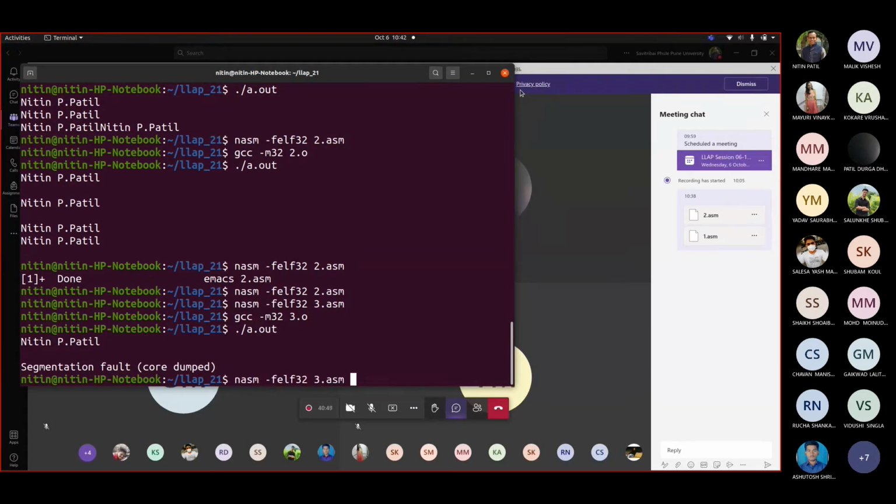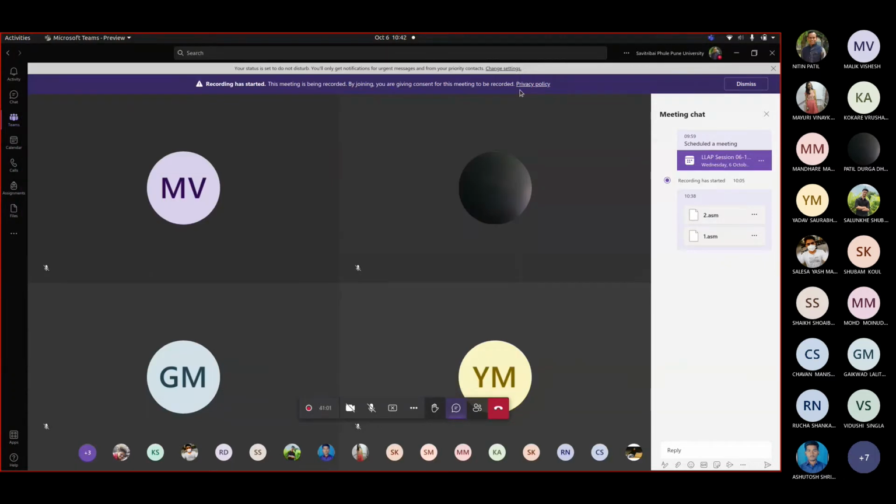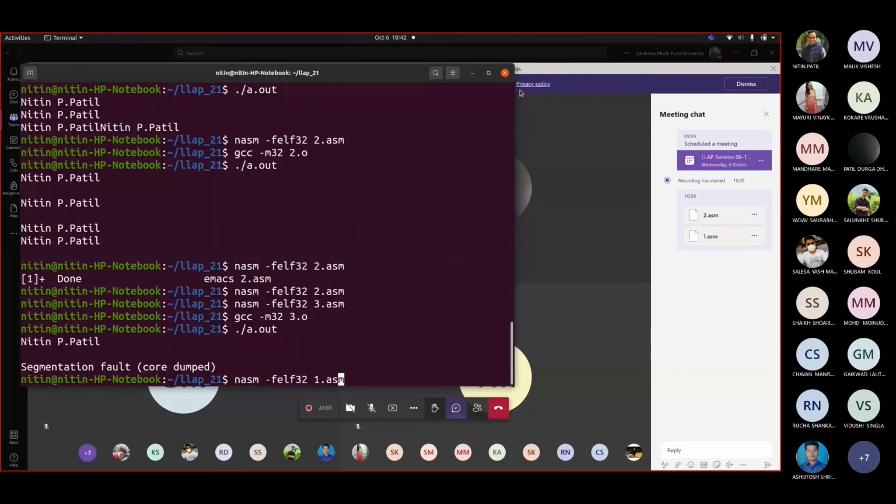So let us try to introduce ourselves to the different registers. I'm taking 1.asm here. I want to create a debug file, ready for debugging purposes. So I will write -g -f dwarf.